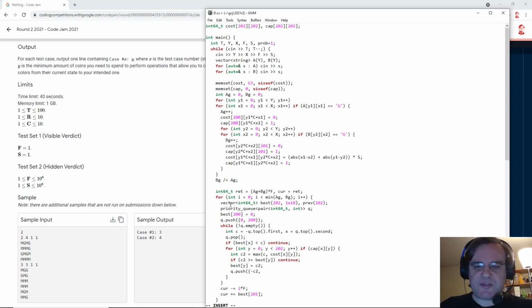I always have to use this trick for priority queue since it orders in the unintuitive way, which sucks. Top first rather than bottom first.